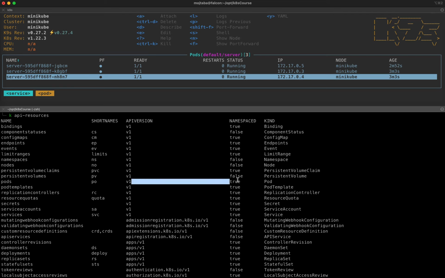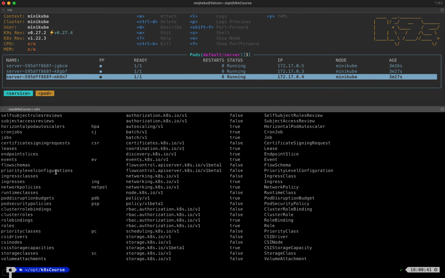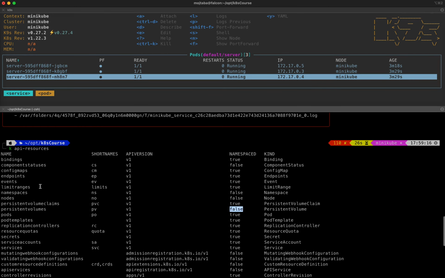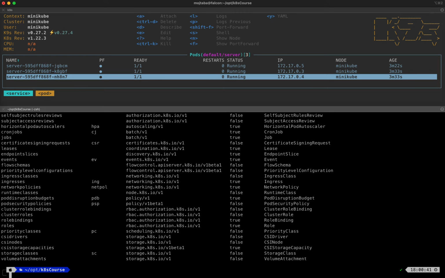And namespaced means that you can have a pod in different namespaces. But there are some resources that are not namespaced. It means that this resource does not belong to a specific namespace. It is actually cluster-wide. Then there is another one. Then you see that there is a pod, which is another one of the resources in Kubernetes. And then you say, okay,